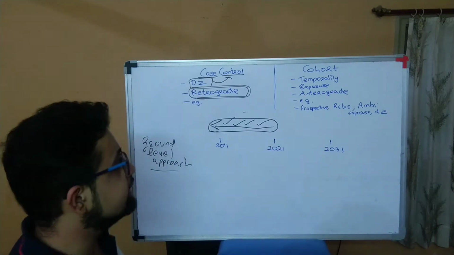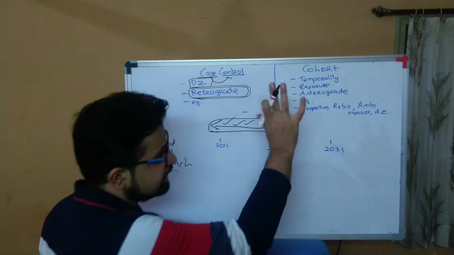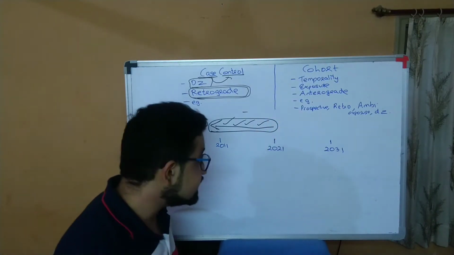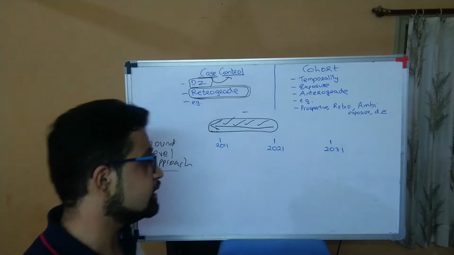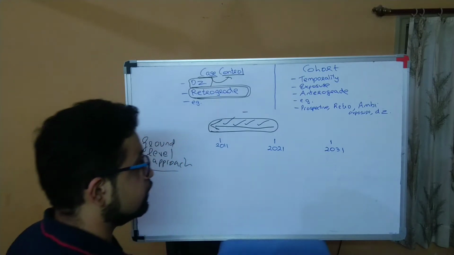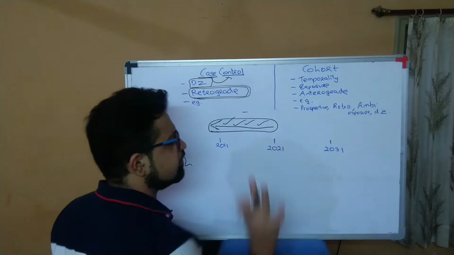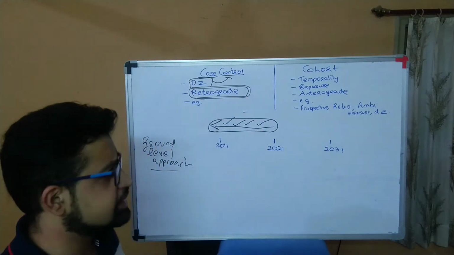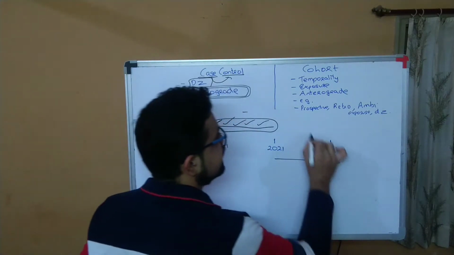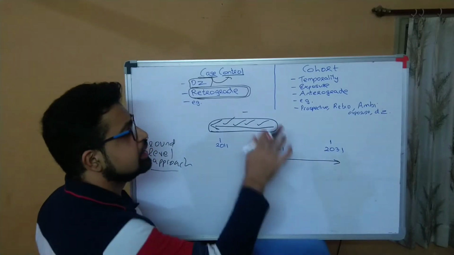So without further ado, let us begin with the idea of cohort trials. What happens in cohort trials? Temporality is the crux. The disease has not yet occurred, right? The disease has not yet occurred. You are going to start with exposure. And in any type of cohort trial, the direction is always and always anterograde. Be it prospective, be it retrospective, be it ambispective, the direction is anterograde.